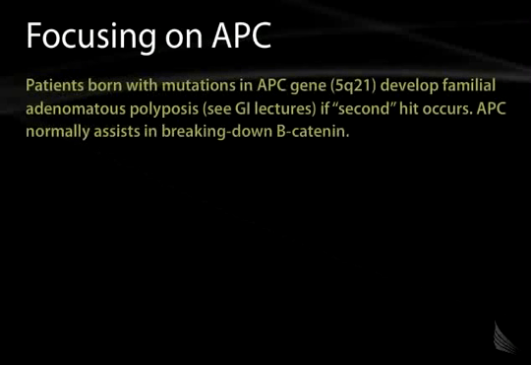This is another tumor suppressor gene, the APC gene. It is found on the long arm of chromosome 5, and in families where APC is mutated, there is the development of what we term familial adenomatous polyposis, which will be discussed more in the GI lecture. APC is usually involved in breaking down beta-catenin. As you see here in this cartoon, when APC is not present, beta-catenin can translocate to the nucleus and upregulate